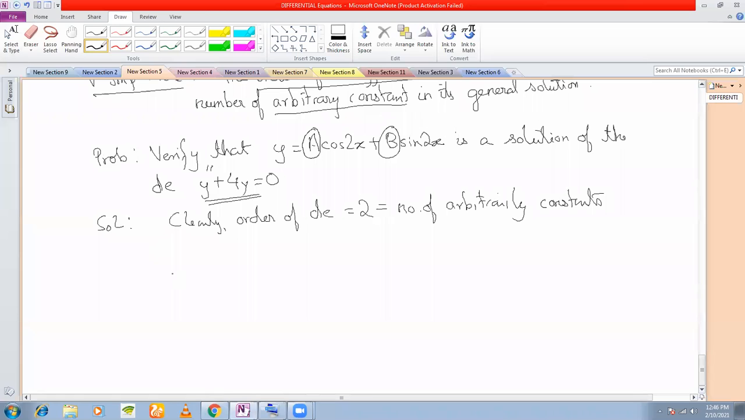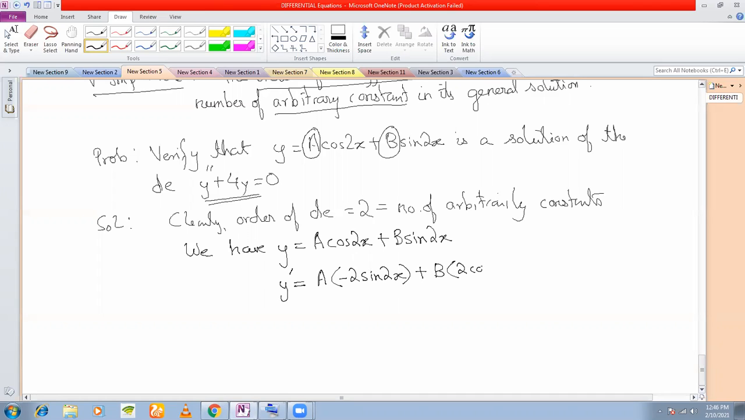So what you do here is we start with y. You see in the differential equation, you have y double dash, right? So you find the y double dash. So first find y dash. Y dash, how do you differentiate this? First, a is a constant into d/dx of cos 2x. d/dx of cos 2x is minus 2 sin 2x, right? Plus b, and d/dx of sin 2x is 2 cos 2x,